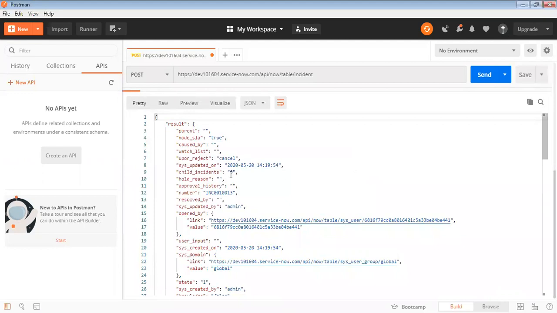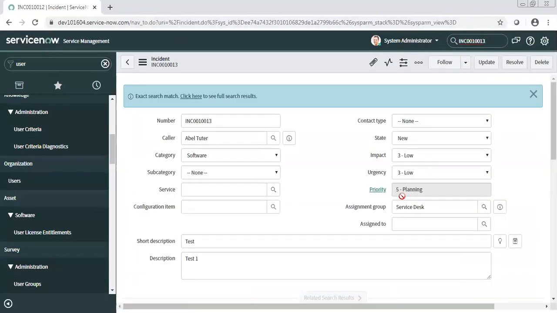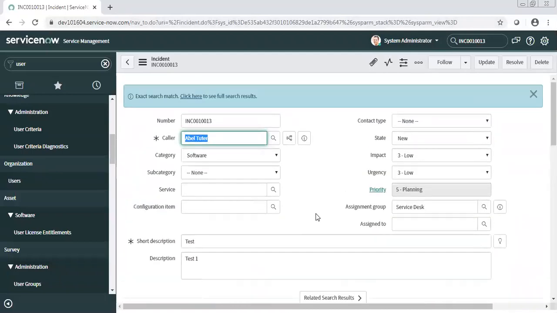A new number is generated, it is called INC13. Now if you go to the ServiceNow instance and search for this number, everything is fine. The caller is populated, the assignment group is populated, the comments are populated, but do you see the priority changing?